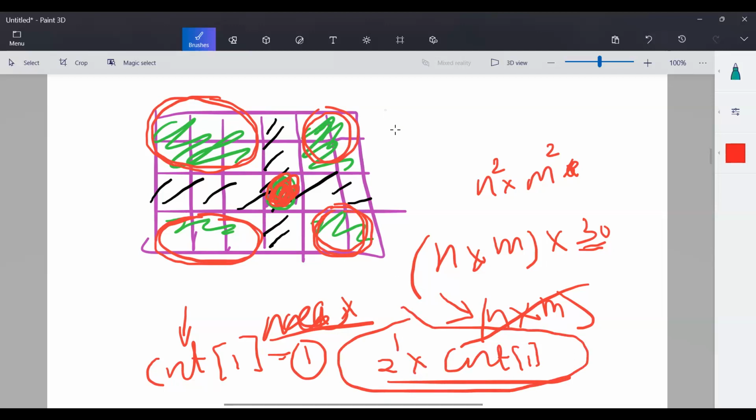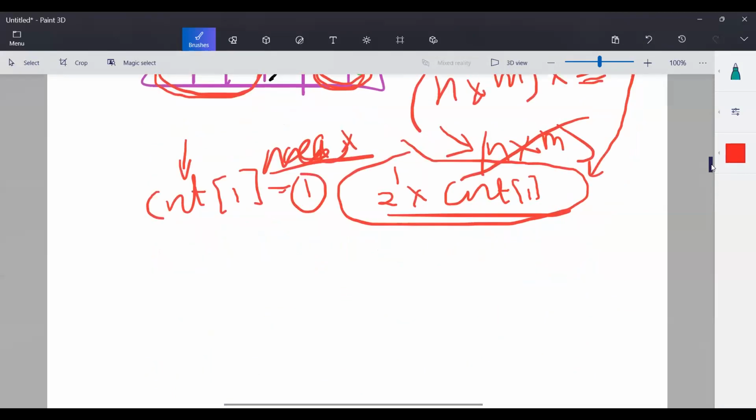Now, suppose this first bit was closed in my current ai comma aj, right? So if this first bit was closed in my ai comma aj, then in that case this value would be added to my value. And otherwise, if the ith first bit was open in ai comma aj,